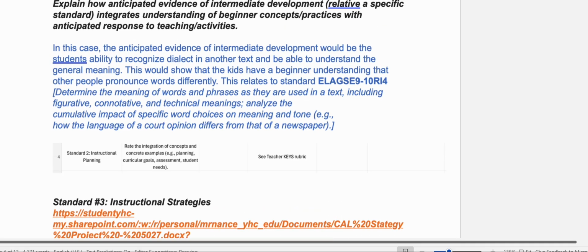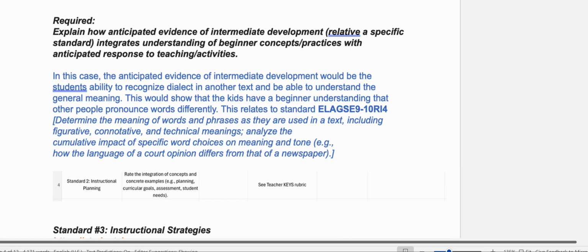How cool is that? So there's a required element where it says explain how anticipated evidence of intermediate development integrates understanding of beginner concepts and practices with anticipated responsive teaching activities. She says in this case, the anticipated evidence of intermediate development would be the student's ability to recognize dialect in another text and be able to understand the general meaning. This would show that the kids have a beginner understanding that other people pronounce words differently. This relates to the standard, and then she's given the